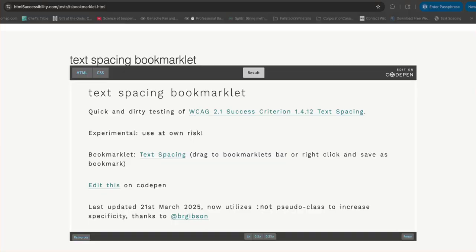Okay, the way that we would test for text spacing, because it has so many different parameters that need to be working at the same time, we tend to use a bookmarklet for testing. That's the best way that you could do an accessibility test for text spacing. Now, the text spacing bookmarklet, you can find it at this location, which is the